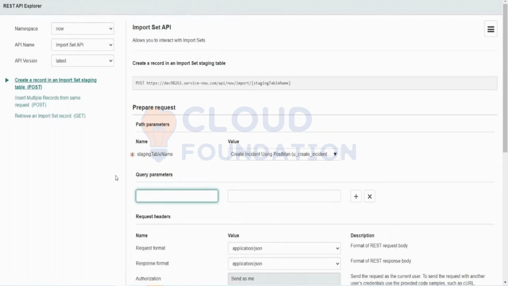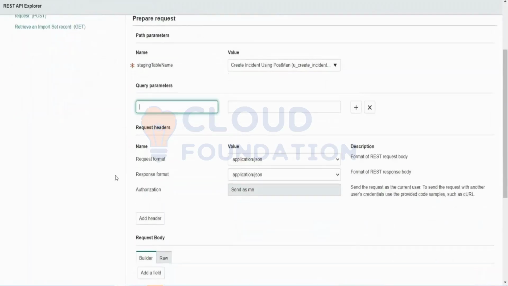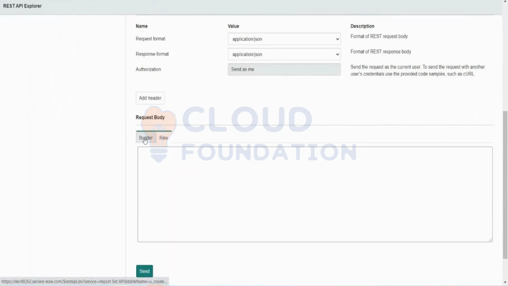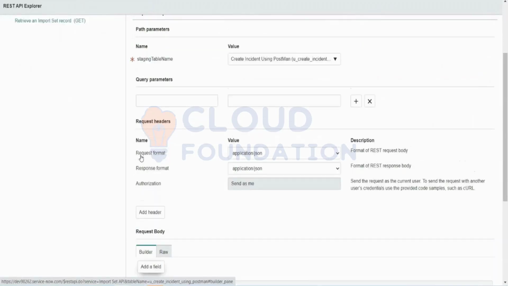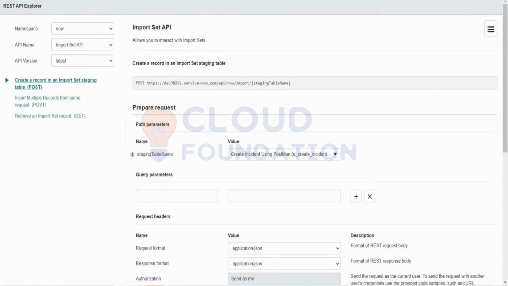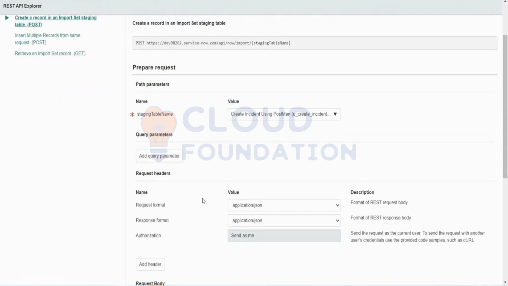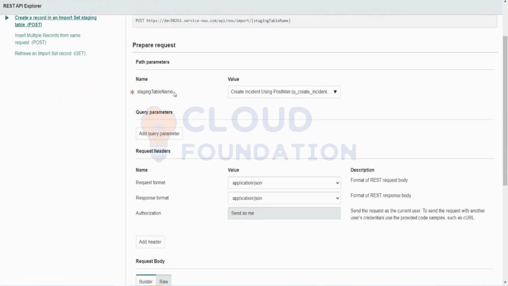Here were my query parameters and I did the staging table. Fine.